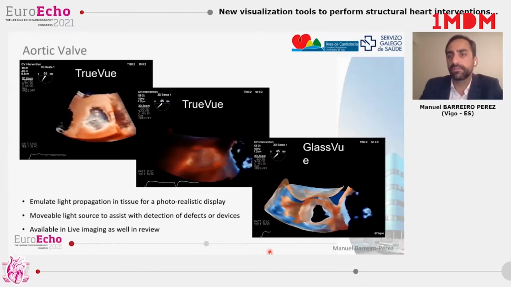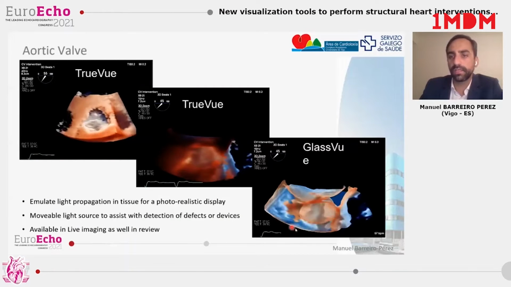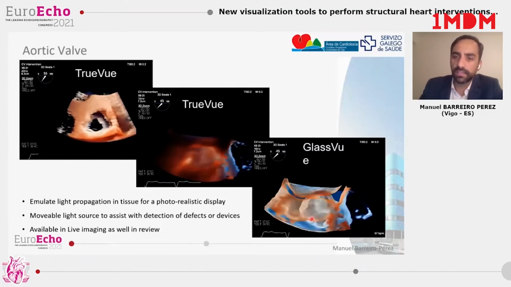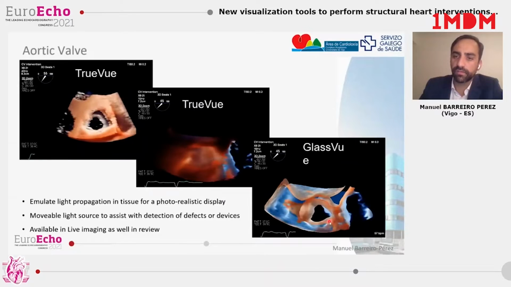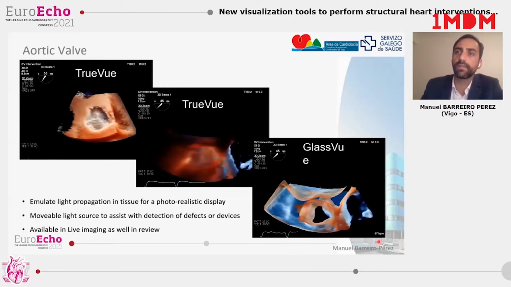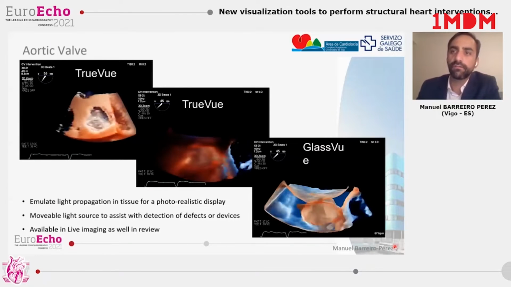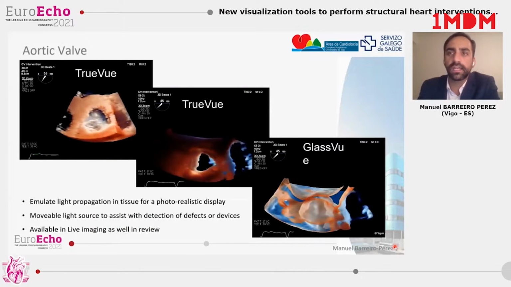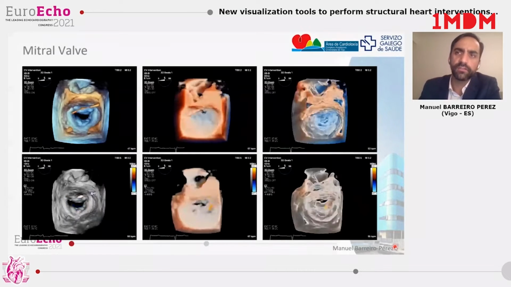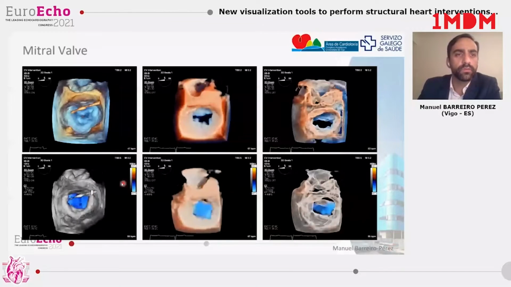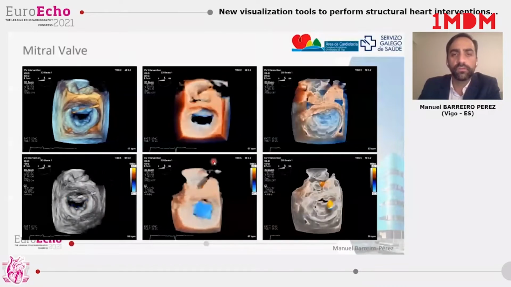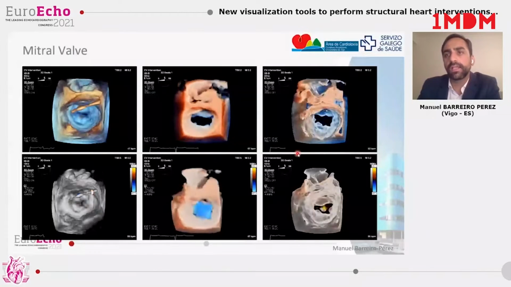If we add the glass view, this transparency option erases all this information and keeps just the edge of the borders of the image, enhancing the edge reference of the structures, and it has the capability to give an external view of a structure that we are going to see in the next slide. On the mitral valve example, we could compare the classic renders without and with color, the true view and the glass view. And it has been published